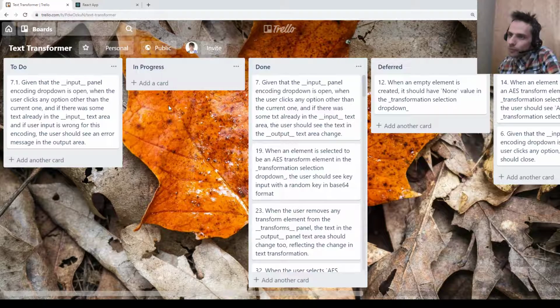7.1. Given that the input panel is open when the user clicks an option other than the current one, and if there was some text already in the input text area, and if the user inputted the wrong text for this encoding. Okay, if we got wrong input for the encoding, it should see an error message in the output area.